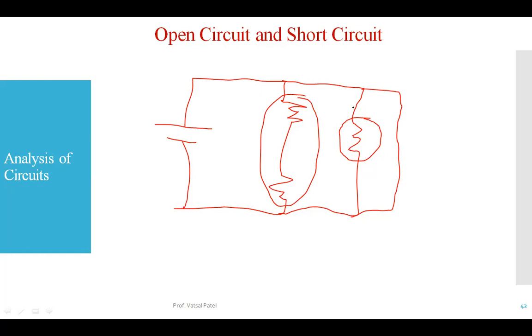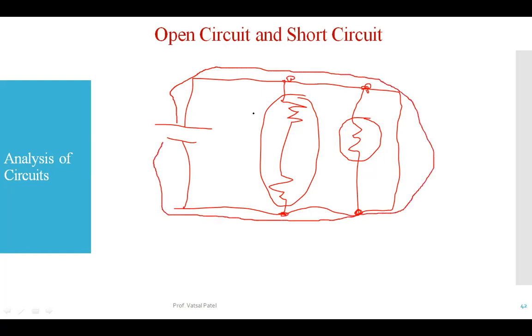No, it is not. Why? Because the short circuit wire you have connected here is across these two resistances also. That means all the current is passing through this short circuit wire only, like this. There will be no current flowing in the resistances connected here. That is our short circuit case. I think one of the students had a problem with that, so I think it is understandable to you now.